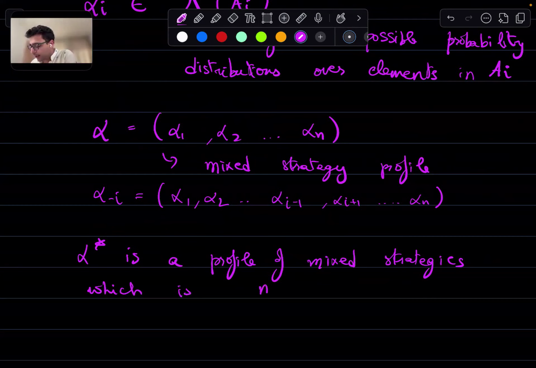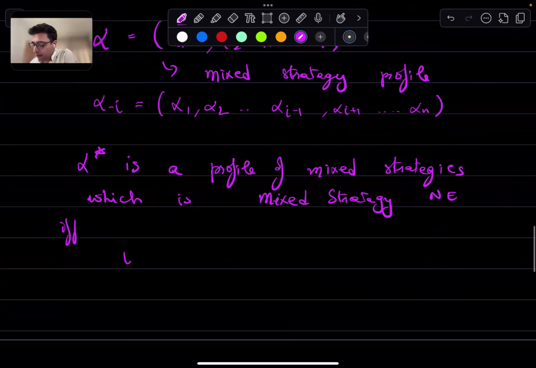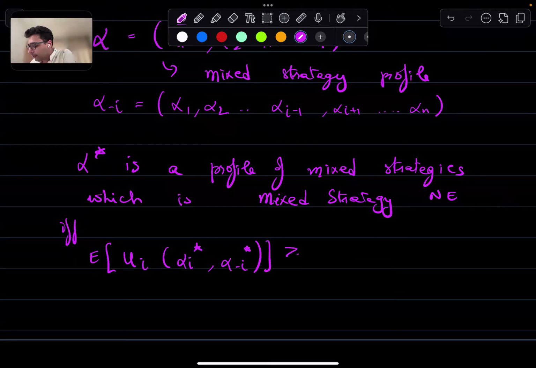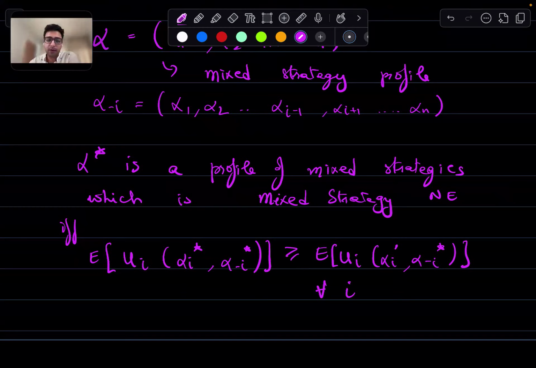Is a mixed strategy Nash equilibrium if and only if the expected utility that player I gets from choosing alpha I star when other players choose alpha minus I star is at least as large as the expected utility that player I gets from choosing alpha I prime, when other players choose alpha minus I star, for all I. Right, if this holds true for all players I,